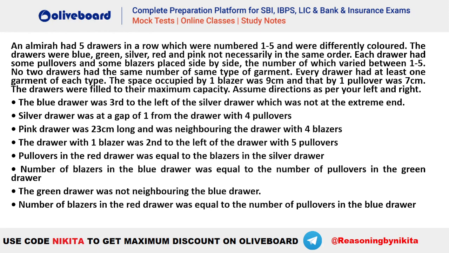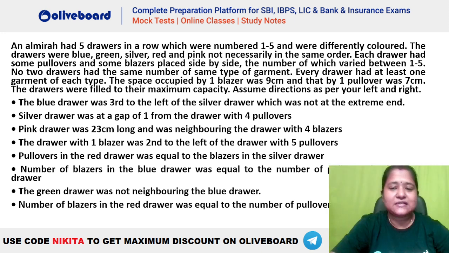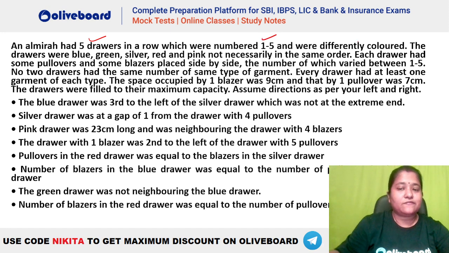Chalo, let's try this out. Okay, let's see how this particular question can be done. Let me come back on the screen and let's see what is the meaning of this particular question, right? So dekhte hai, let's see what is given. So you can see an almirah is having 5 drawers in here which are numbered 1 to 5